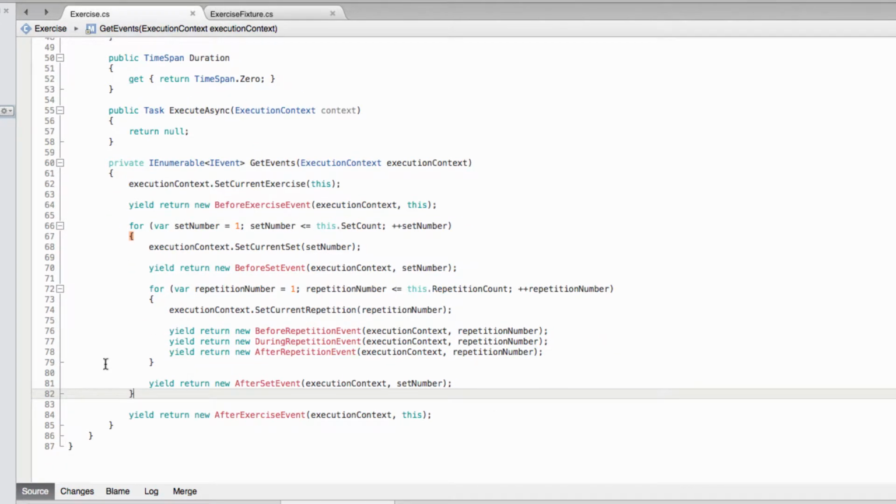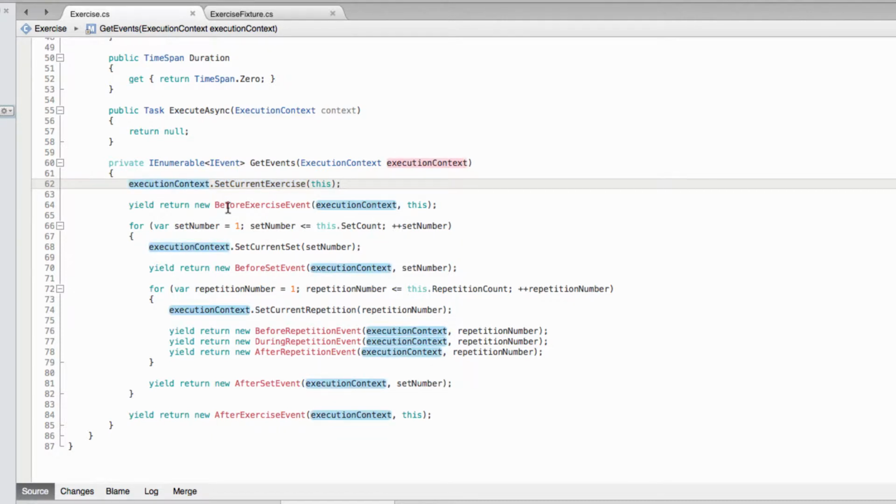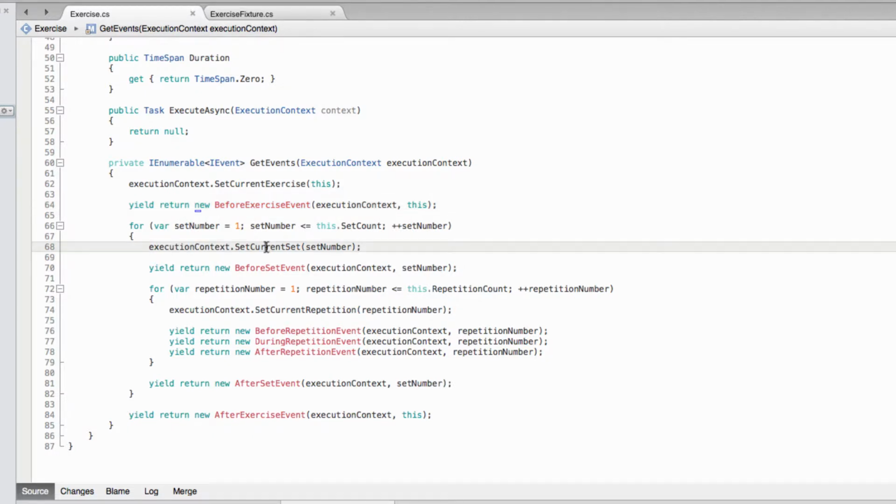Okay, that's the gist of what we're trying to do here. So we start off by assigning the exercise to the execution context, yielding this before exercise event, and then we loop through the set numbers, and then we pass the current set number onto the execution context again, yield a before set event, and then do a similar thing for the reps. Pass it onto the execution context, but then we raise these 3 events in succession, before, during, and after the rep. And then once we've done all the reps, of course, that means we've finished the set, so we've got